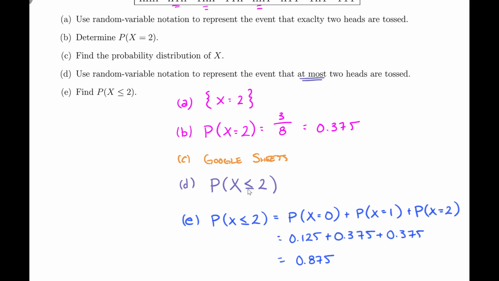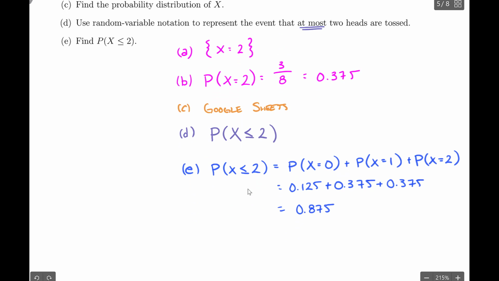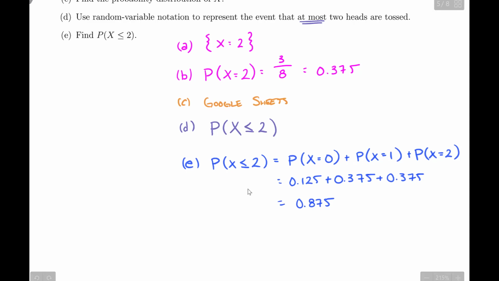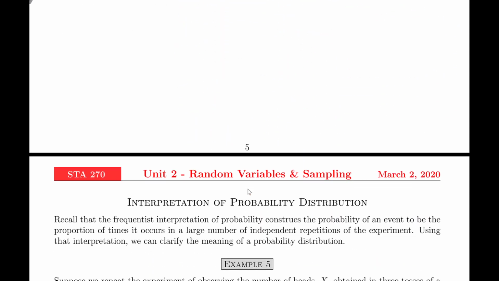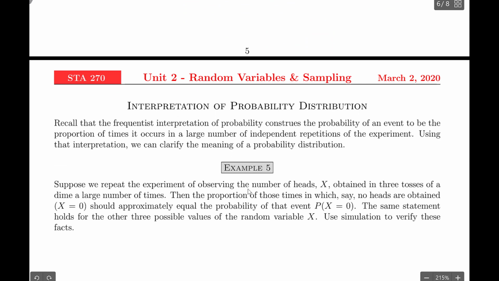If you add 0.125 to the 0.875 we just calculated, we do in fact get 1 as our probability total, which is correct. But in this case we're only interested in the probability that the discrete random variable is less than or equal to 2. So it's just going to be a sum. And then we're going to go into our final example,